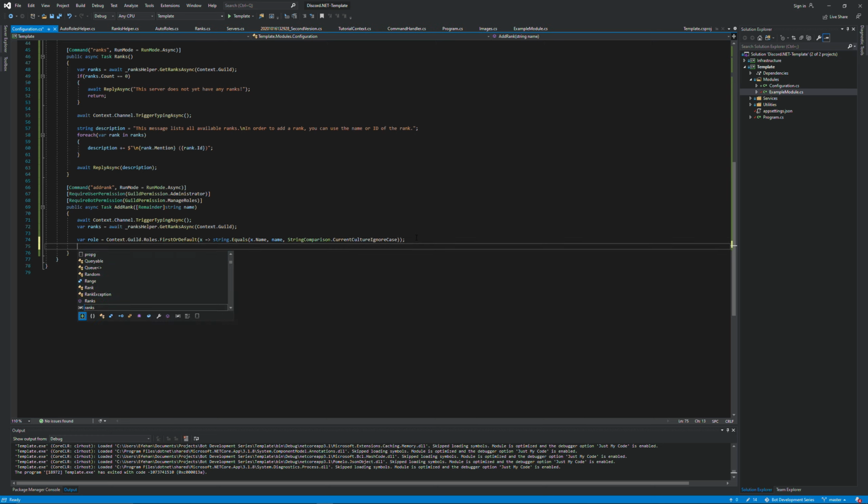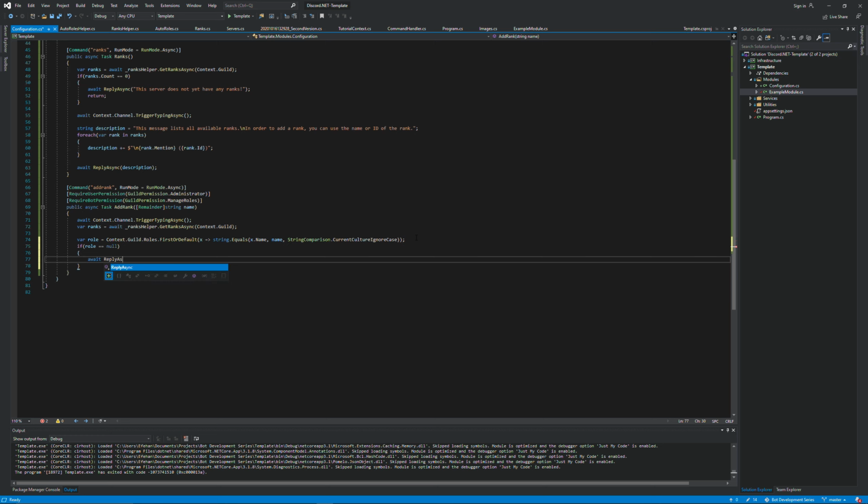Now if the role equals null, so if the role doesn't exist, if the name is invalid, we say await ReplyAsync, and then we say that role does not exist, and of course a semicolon at the end. Again, we use an early return statement, and we can move on to check if the role has a higher position than our bot,